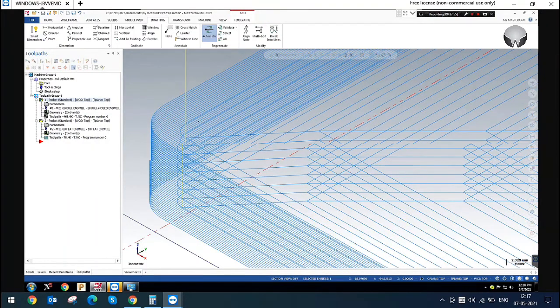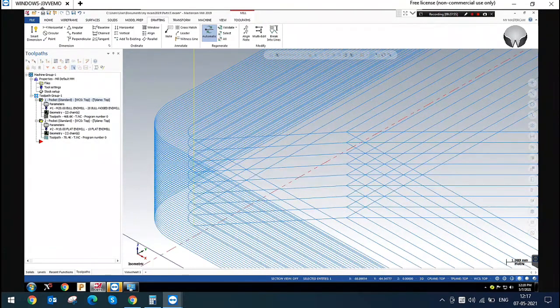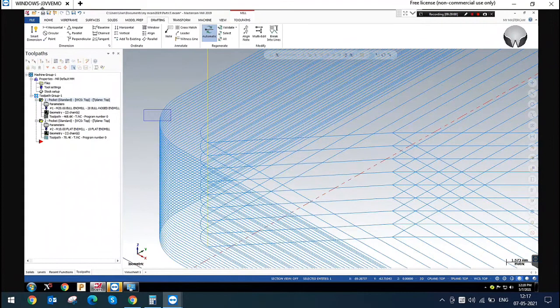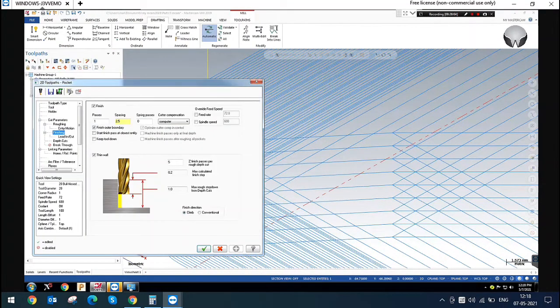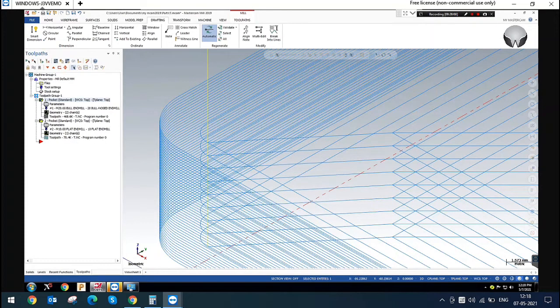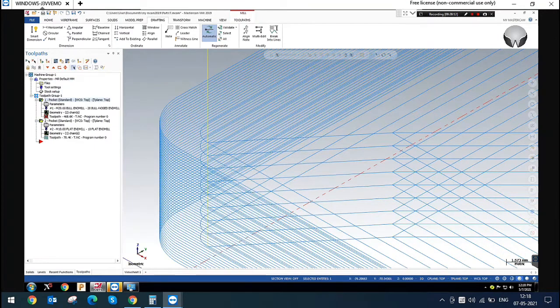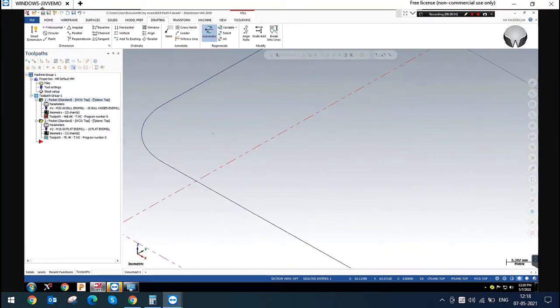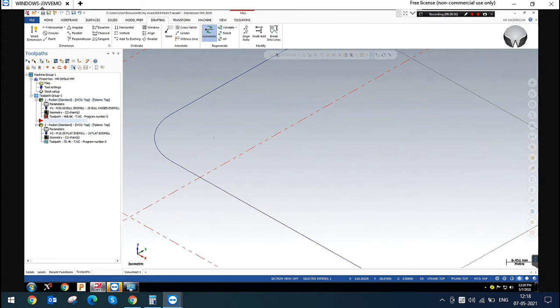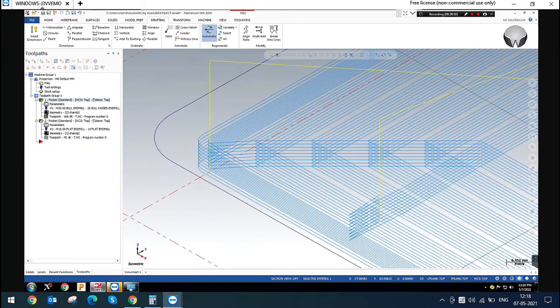If you have a thin wall, you can give it here. This is the thin wall machining option. How much width will be called a thin wall? If minimum 10 mm, maximum 10 mm wall, it is calculated as a thin wall.